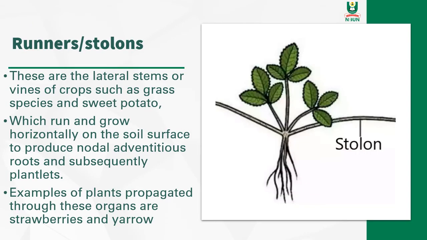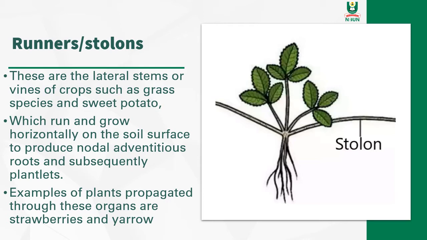The next planting material we'll be talking about now is the runners or the stolons. Runners or stolons, that you can see in this picture here. This is what a stolon looks like, and they are lateral stems of vines. You know, these vines look like a rope on the floor. They move. They are lateral. They are long. So they are lateral stems of vines or crops, such as you have your grass, the